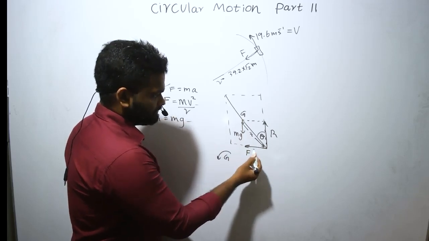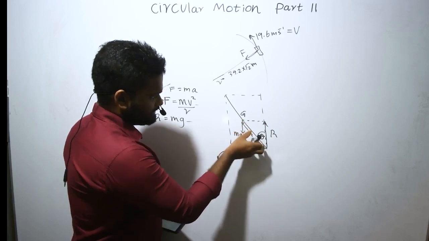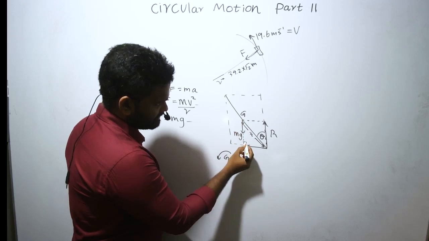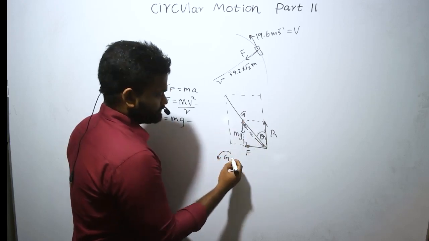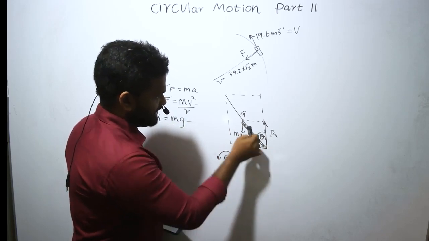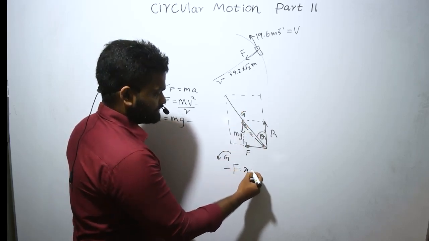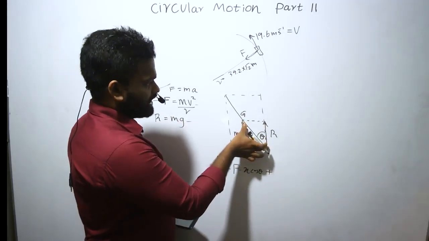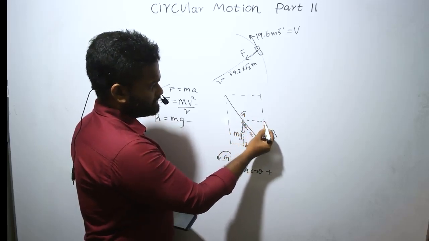But for F, what's the perpendicular distance? x cos theta. Actually, it is the opposite side, so I put a minus value there. Minus F x cos theta plus, for R, another force,